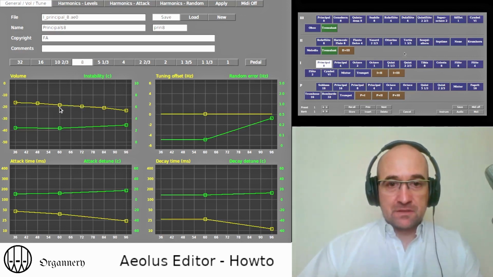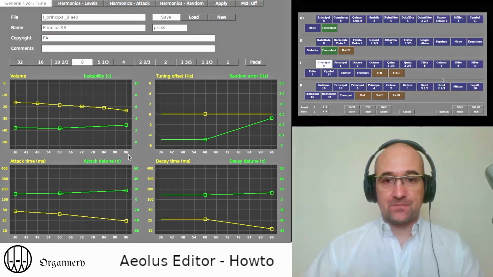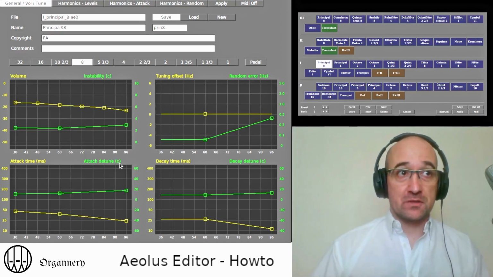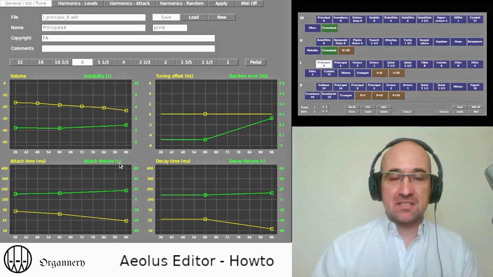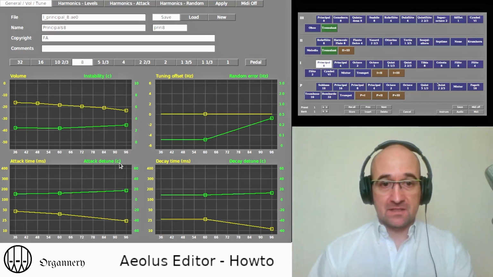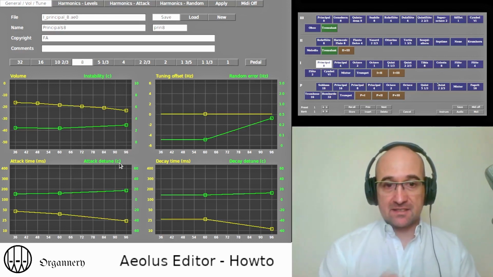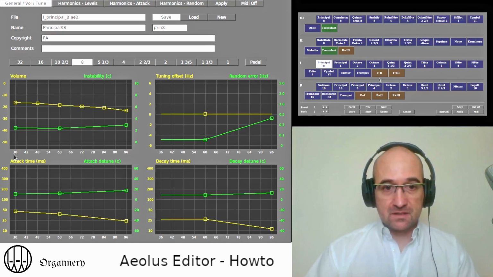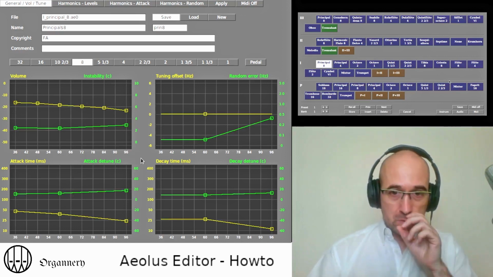Another trick to use the editor: as you can see here, you have numbers from 36 to 96, which correspond to the whole length of the keyboard where the key will make sound. So that's the MIDI note numbers. 36 is the lowest key and 96 is the highest key, and it's divided in steps of 6 notes.